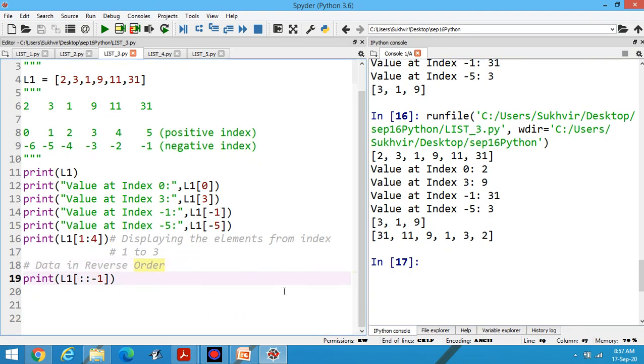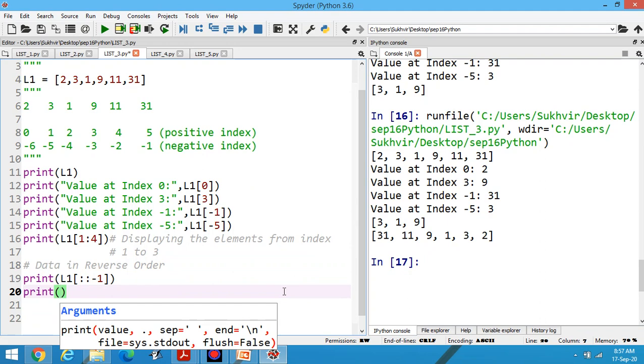Now one more thing. Suppose I have to print the odd values only. L1, I can start from the first value, then the last value, and the last value in this case is 5, then a jumping factor of 2 is there.